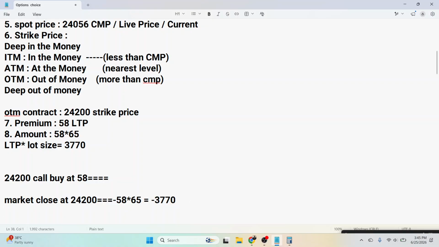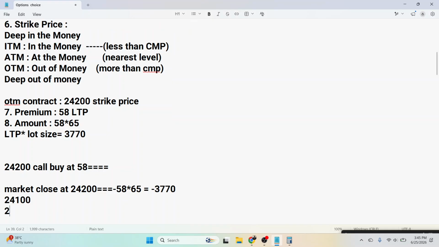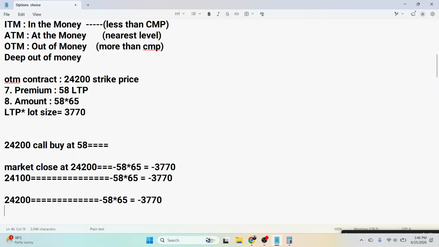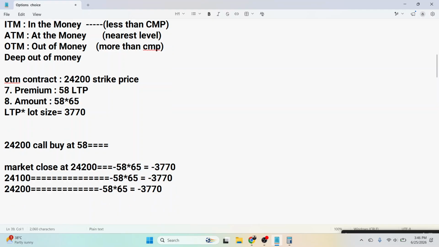ठीक है, इफ द मार्केट, अब यहां से मार्केट अगर इससे नीचे आ जाती है, इफ द मार्केट अगर क्लोज होती है 100 पॉइंट नीचे, या मार्केट बंद होती है 200 पॉइंट नीचे, ठीक है, तब भी जो आपका लॉस है वो फिक्स रहेगा। ठीक है, आपका लॉस इससे ज़्यादा नहीं हो सकता। तो मार्केट नीचे आने पर भी आपका लॉस फिक्स है, चाहे मार्केट 100 पॉइंट नीचे जाए, चाहे 200 पॉइंट नीचे जाए, क्या मार्केट 1000 पॉइंट भी नीचे चली जाए, तो आपको कोई नुकसान नहीं है। योर मैक्सिमम लॉस इज ऑलरेडी डिफाइंड, इससे ज़्यादा आपको लॉस नहीं हो सकता।